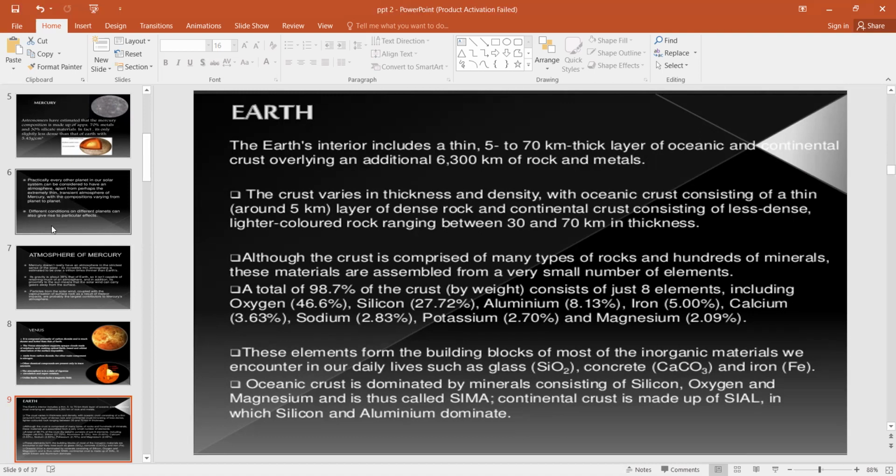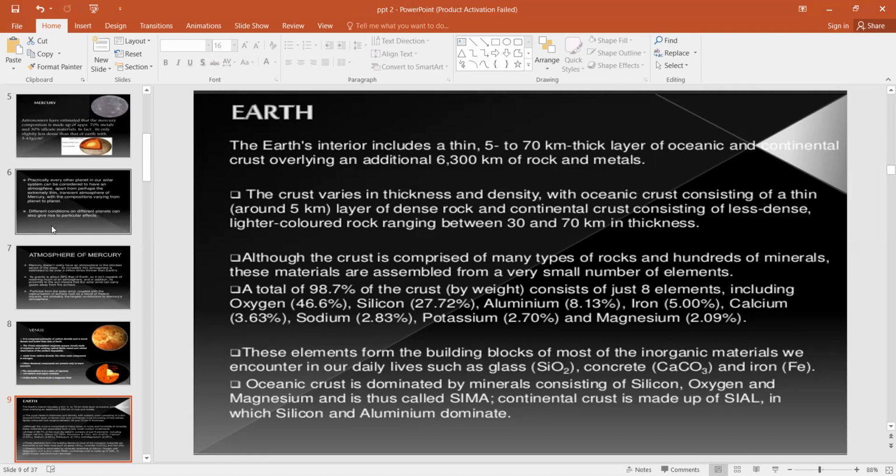The crust varies in thickness and density, with oceanic crust consisting of a thin layer of dense rock and continental crust consisting of less dense, lighter colored rock ranging between 30 and 70 kilometers in thickness. Although the crust is comprised of many types of rocks and contains hundreds of different minerals, these materials are assembled from a very small number of elements, which include